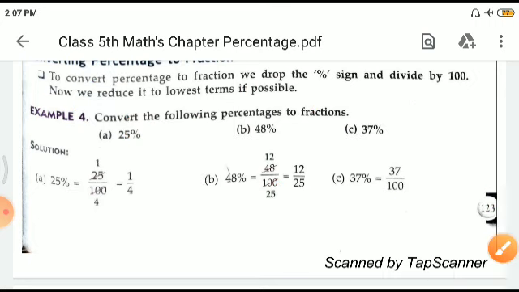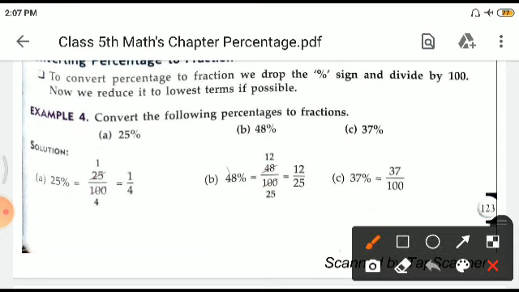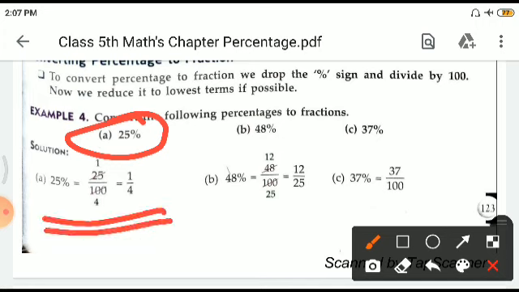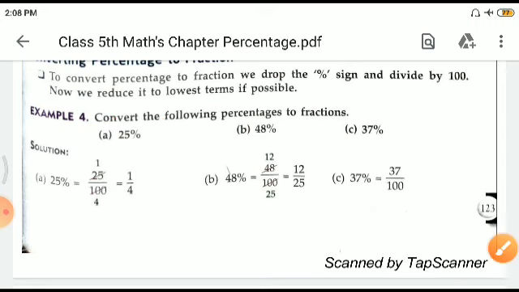And now let us see this, convert the following percentages into fraction. Let us take the first one. See how it has been done here, 25%, right. 25 at the top and 100 at the bottom. So 25 ones are 25 and 25 fours are 100. So the answer is 1 by 4, 1 upon 4, right? And this is how the others have been done. See, 37%, 37 upon 100.